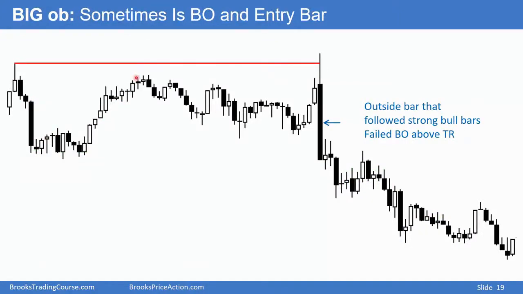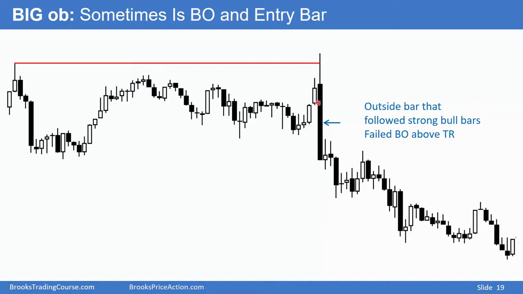Trading range, you could say bull trend, bull flag, bull breakout, and went to a new high, and as soon as it got to the new high, what happened? A huge outside bar. The high of the bar is above the high of the prior bar, and the low of the bar is below the low of the prior bar. But more than that,